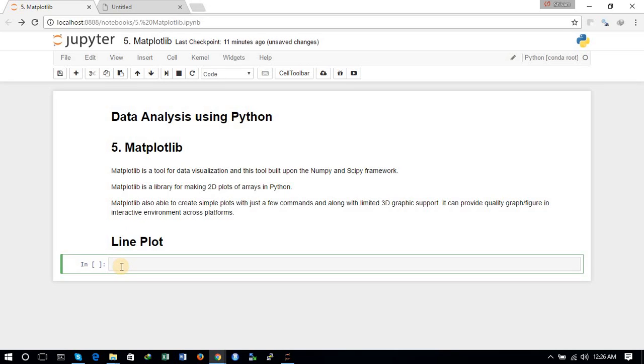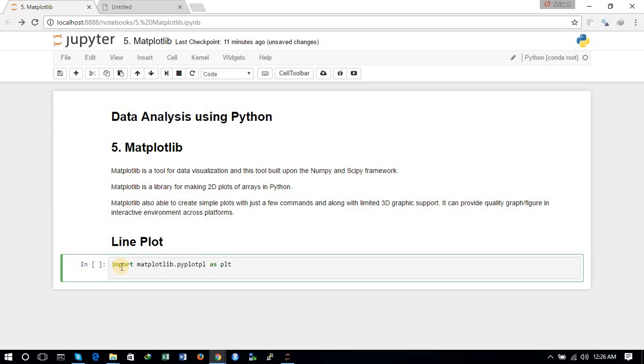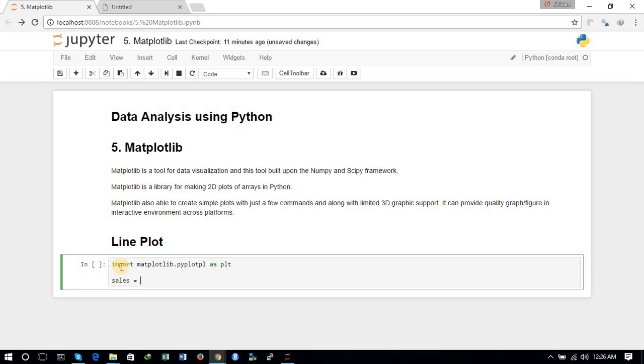So now we will import the Matplotlib library, matplotlib.pyplot as plt, and now we will define some variables. So let's define a variable called sales, a list of entries. So sales, let us assign some elements 1, 4, 9,